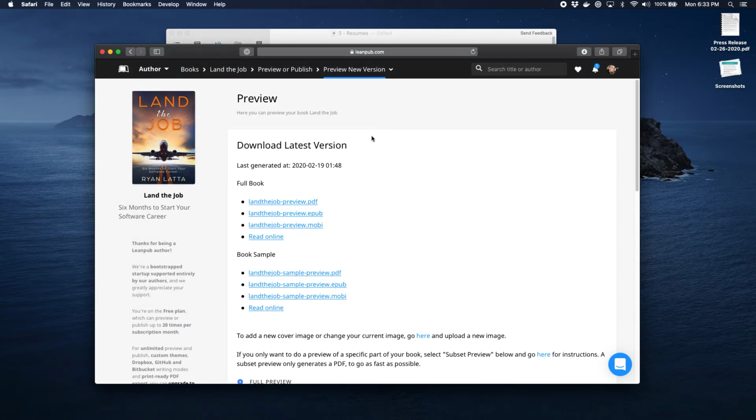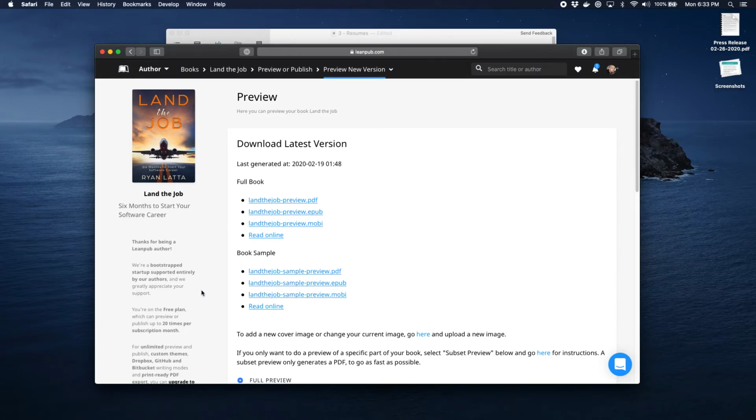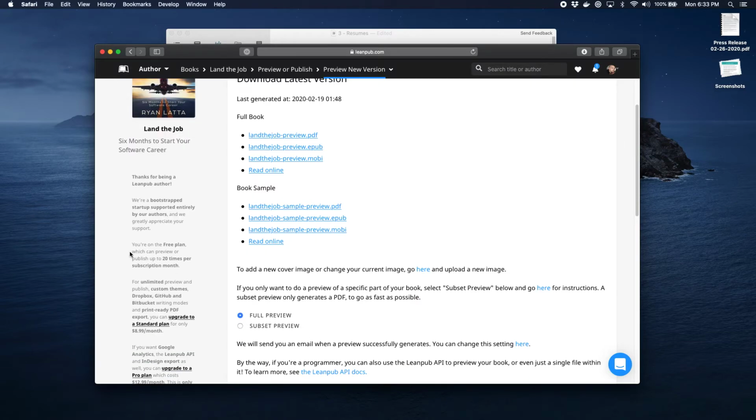But the main thing is to write. When I've got enough there, I might do a preview and check to see how it looks in different formats, to make sure the formatting's right. There was a pretty big difference in how it handled links and footnotes. So I did actually have to look across all these versions and find a format that finally worked. There's some LeanPub special formatting I had to learn how to do and try over and over again. And you get 20 previews a month, which seems like a lot, but